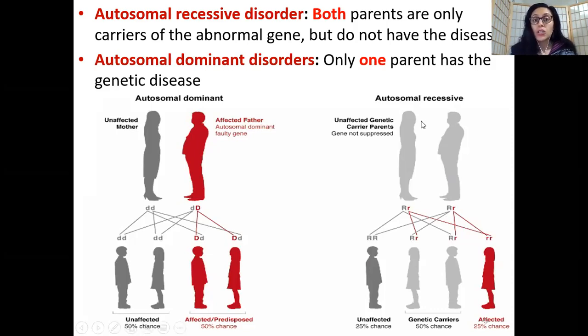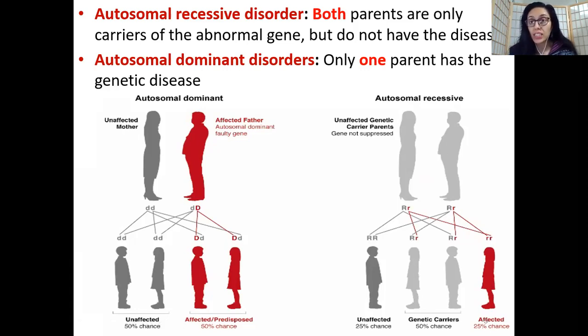In this, you have both parents carrying a faulty gene. Therefore, there is a 1 in 4 chance, meaning 25% chance, that a child born to these parents may have full-blown PKU, where the PKU gene is dominant and the child actually exhibits signs and symptoms of phenylketonuria. There is a 50% chance that the children of parents carrying the gene may also be gene carriers, but it is still recessive, meaning they do not have full-blown PKU.